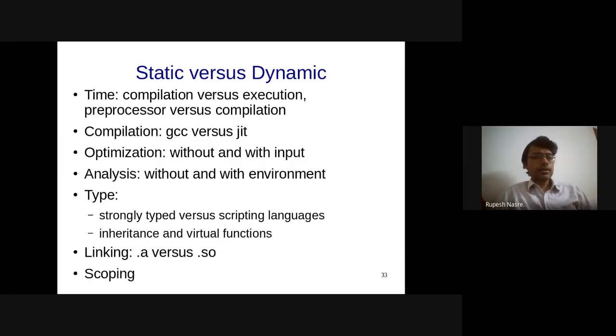There are static and dynamic optimizations. So in the context of optimization, this gets used. The meaning of this is that you have the input available or not available. So if the input is not available, then it is static optimization. If the input is available, then that is called a dynamic optimization. So many times if the input is not available, then the compiler makes what you call